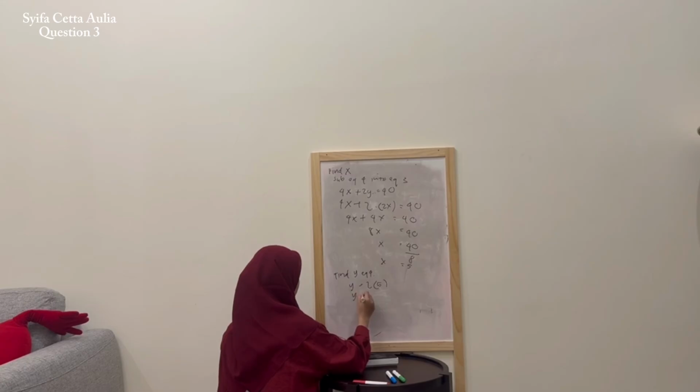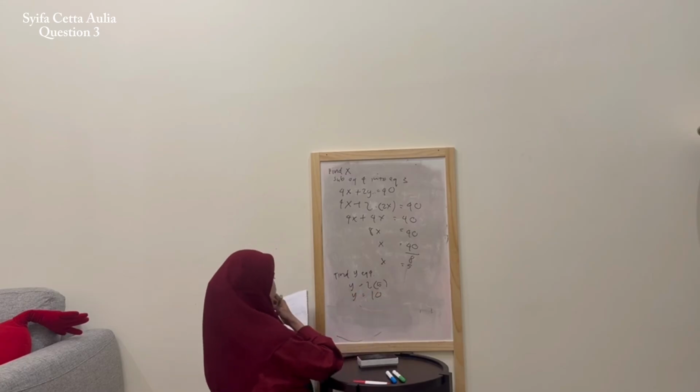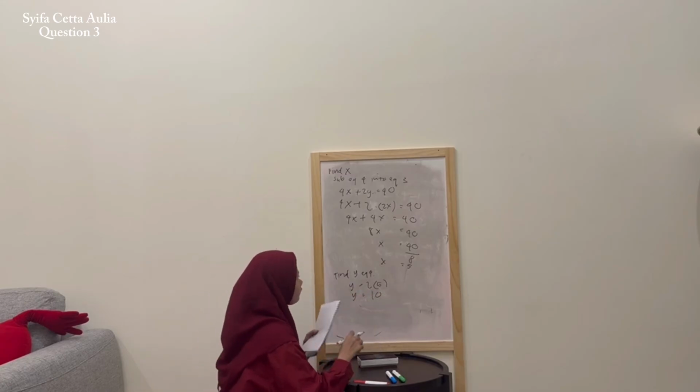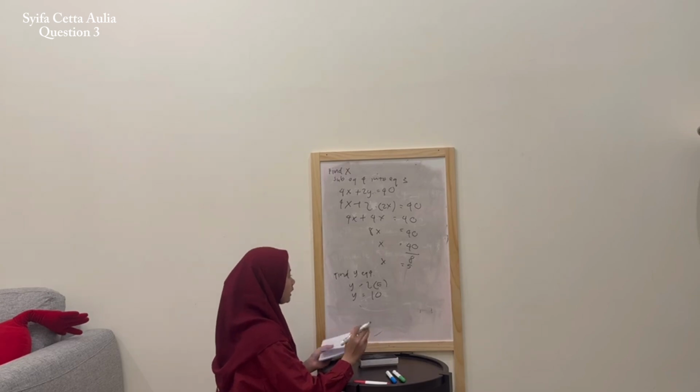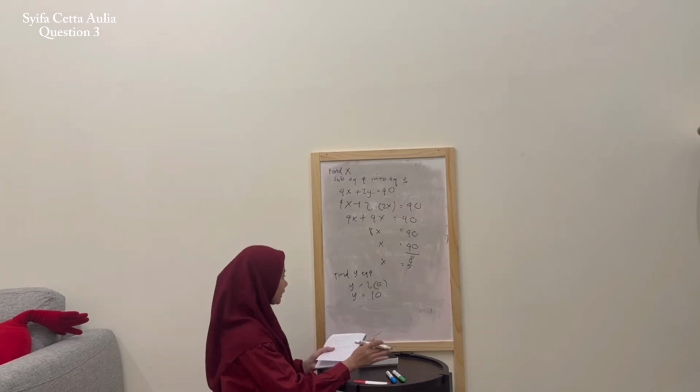Then we get 10. So after we find that x is 5 and y is 10, we